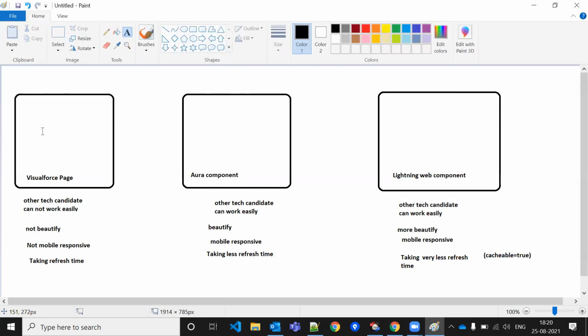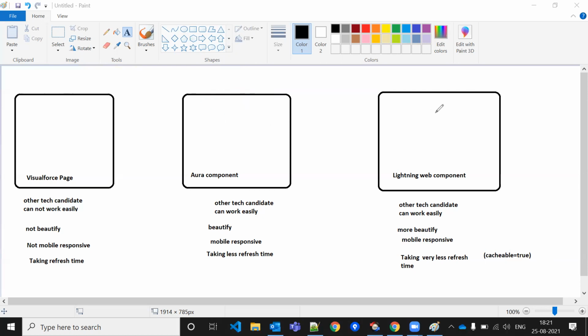So suppose in case of a Visualforce page, I created the Visualforce page and saved the code. After that, if I'm refreshing the page, I just want to see the output. Whatever screen I made, it might take some time to refresh, and the output is still not there. I might have to refresh the page again.